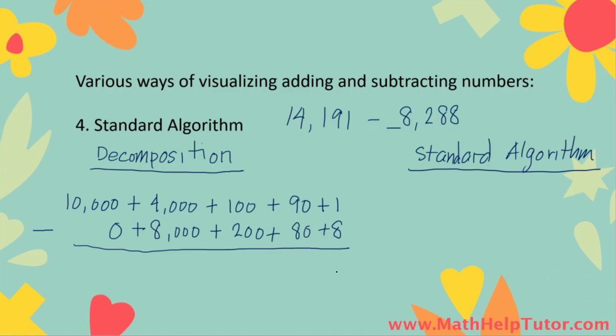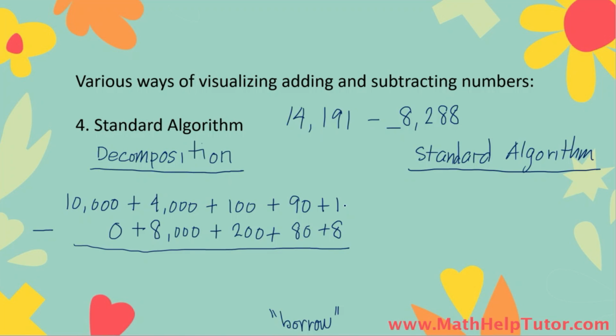You can see here that this subtraction is not possible because we cannot subtract 8 from 1, since 8 is a lot larger than 1. So what do we do? That not only happens for the ones place, it also happens for the hundreds place where we can't subtract 200 from 100, and also in the thousands place because we can't subtract 8,000 from 4,000. So what we're going to do is to borrow from the place to the left in order to be able to perform the